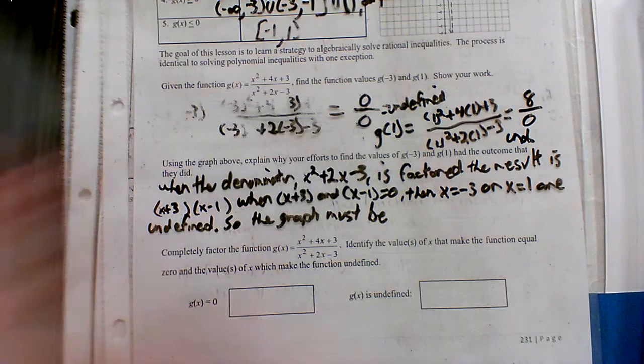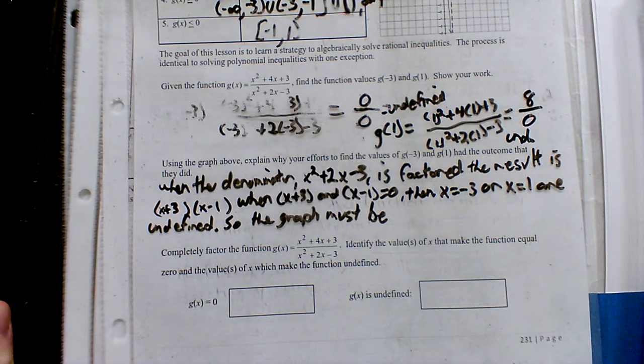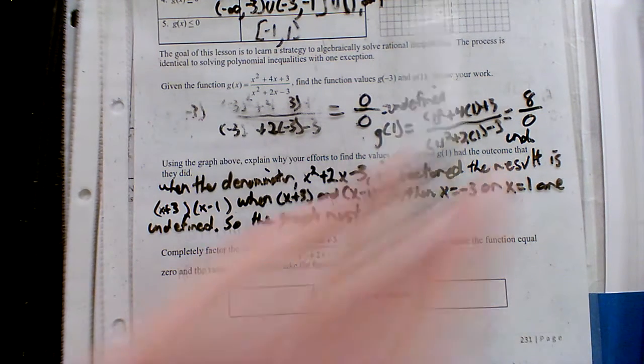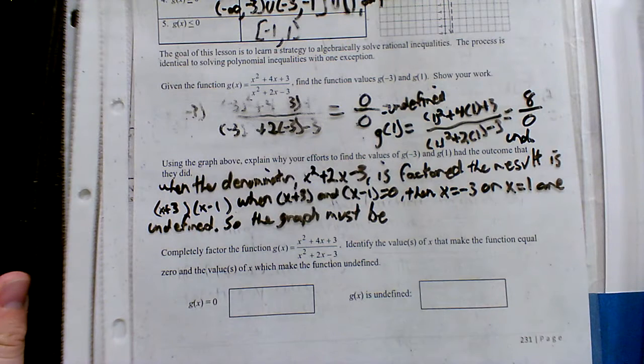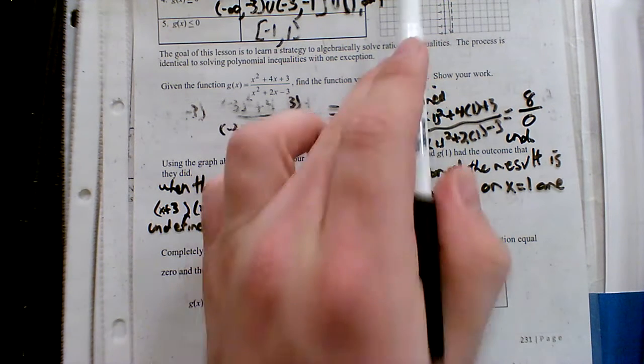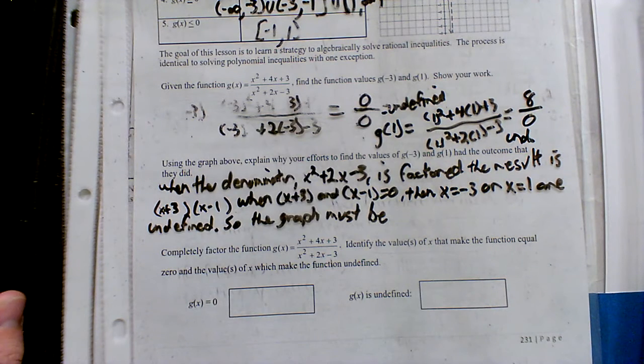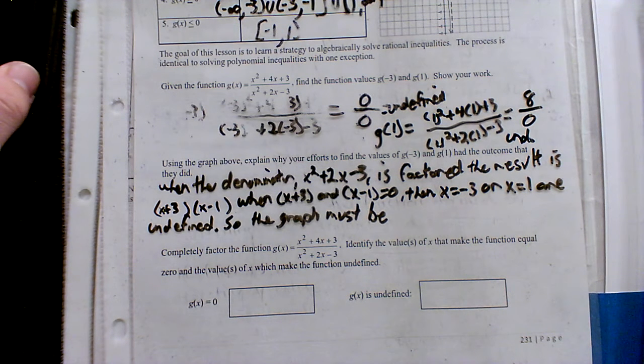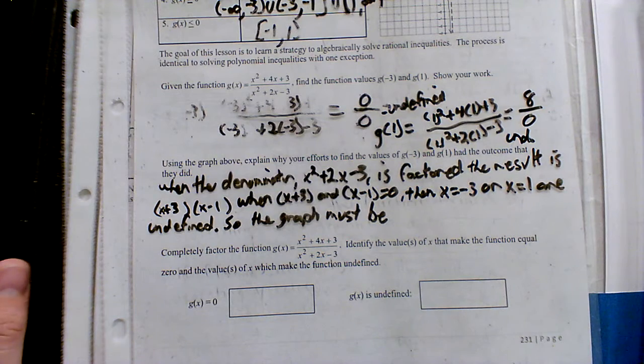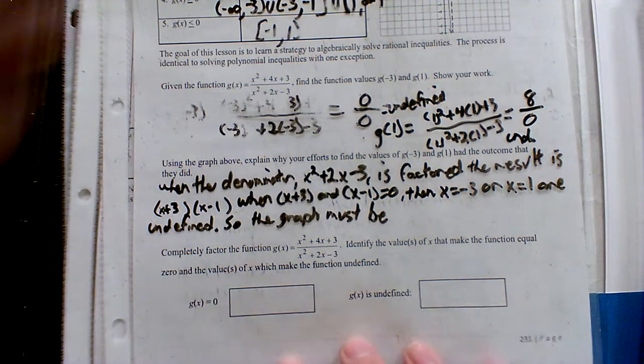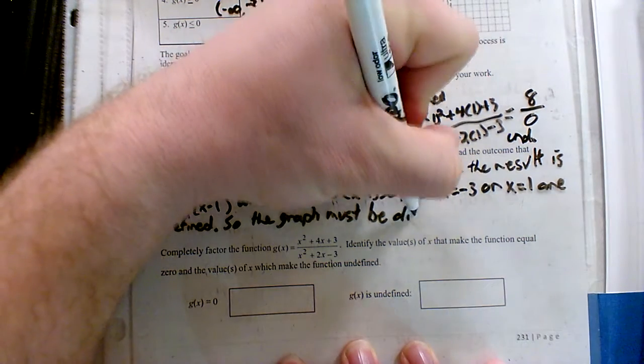So if we look at the graph at -3, what's happening at that point? The same thing that would be happening at 1. The graph is of what? Starts with a D. Discontinuous. Yeah, exactly. It's discontinuous. We don't actually have a point at that part in the graph. So the graph must be discontinuous